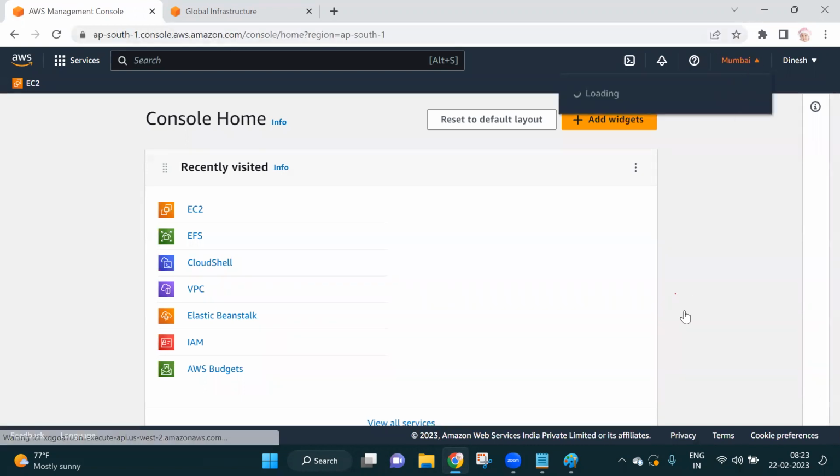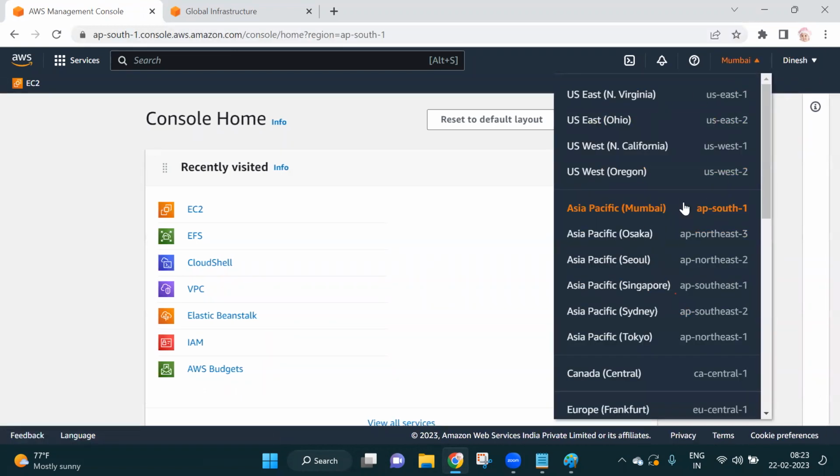See, I can select any region, guys. That's your wish. I have selected the Mumbai region, but most people will go for North Virginia, Oregon or Ohio. Mostly people will select the USA region. Why? Because the USA has low fault tolerance issues, and many availability zones.